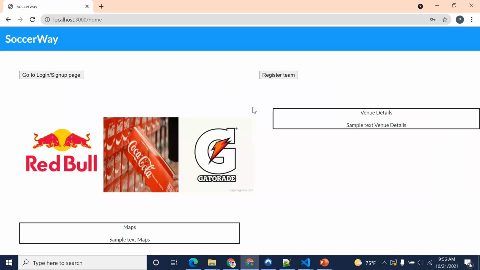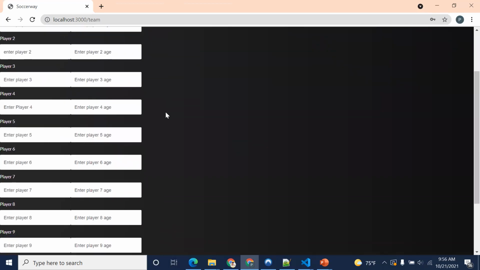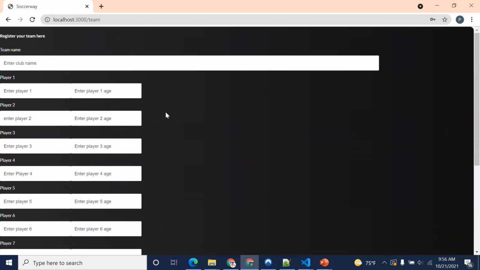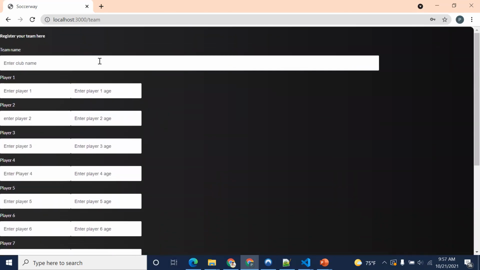Now this will have the role view. After this, we can give the user the functionality to register his team. This functionality will be only available to the coach of each team. So if you have registered as a coach, this register team button will be available to you. When you click on this register team button, this is the page that you will be redirected to. So now as a coach, you can go ahead and